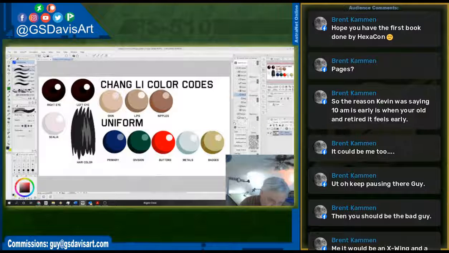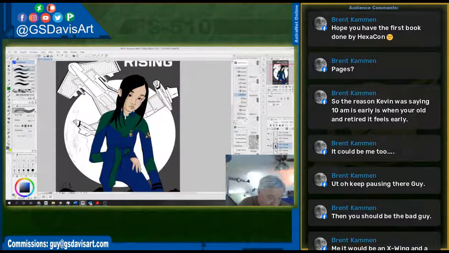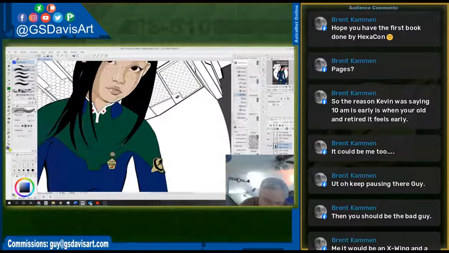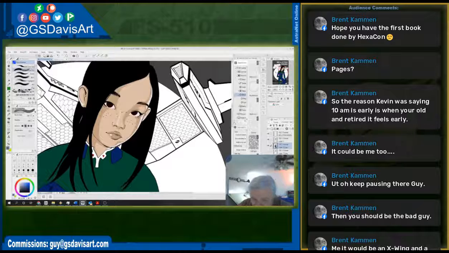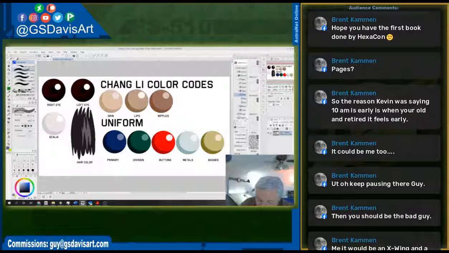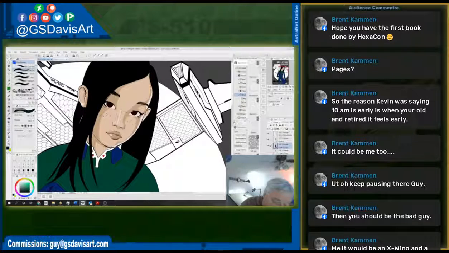Her hair actually should be this color, but isn't. I'm noticing, but that's okay. We'll get there in time. Anything done to her hair is going to have to happen on top of this layer because I was a goofball and just colored her hair in so I could see what color her hair was. And I just work here. Anyway,